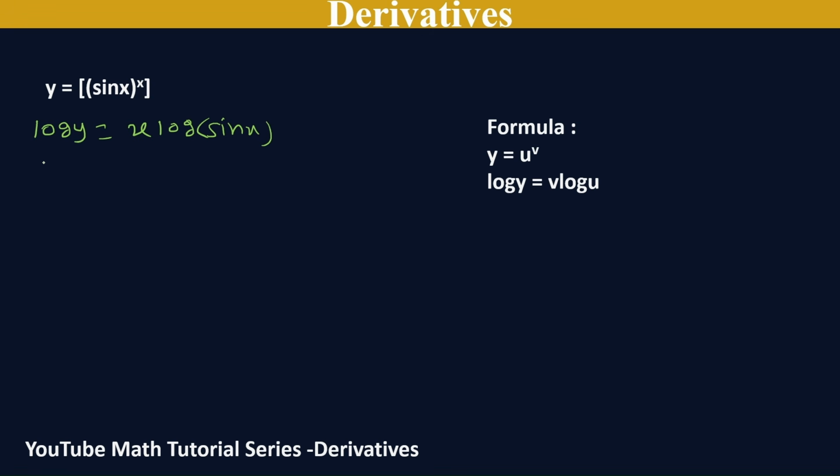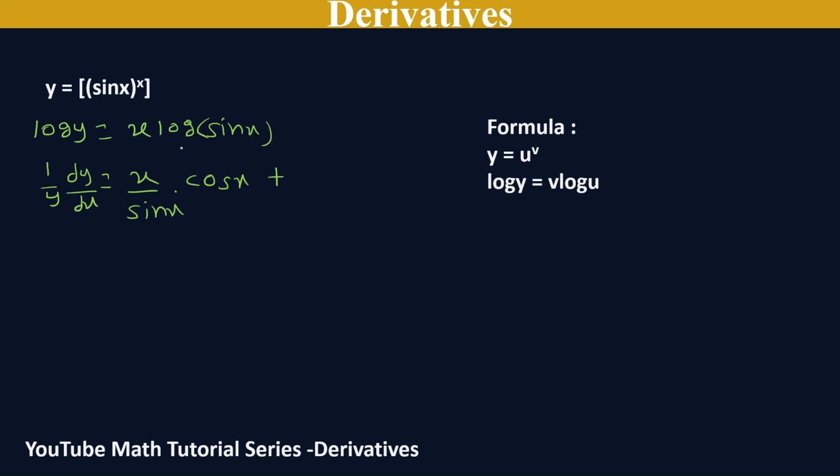Again we are applying the derivative on both the sides, so it will be 1 by y dy by dx equal to the derivative of x log of sin x. What is the derivative of log of sin x? 1 by sin x, and by chain rule, what is the derivative of sin x? It will be cos x,